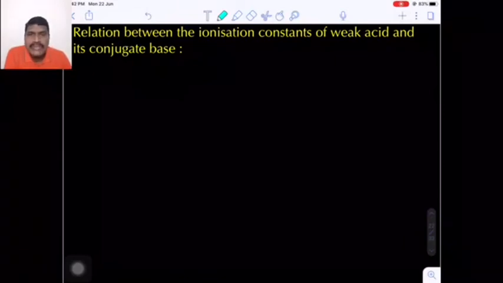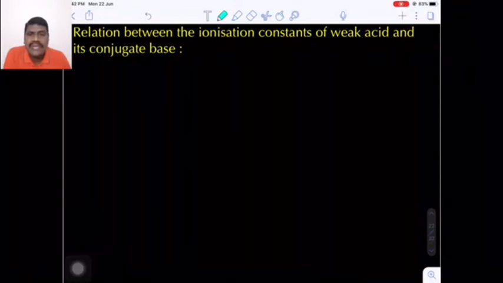Hello students, in the last lecture of ionic equilibrium, we completed the Lewis concept. After that, the important concept of water, the properties of water, that is what is the molarity of the pure water, that is 55.55 moles per liter. And next, what are the other properties of water like ionization, degree of ionization or degree of dissociation of water. And after that, we completed the dissociation constant of water. After that, ionic product of water.